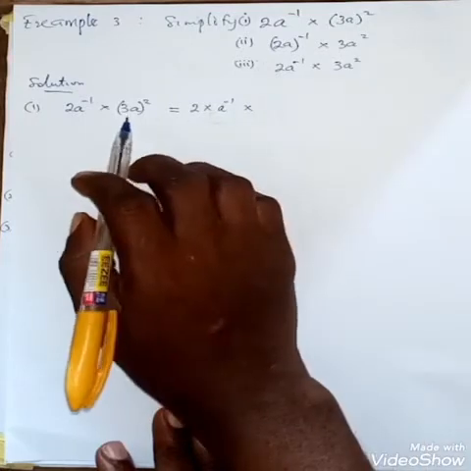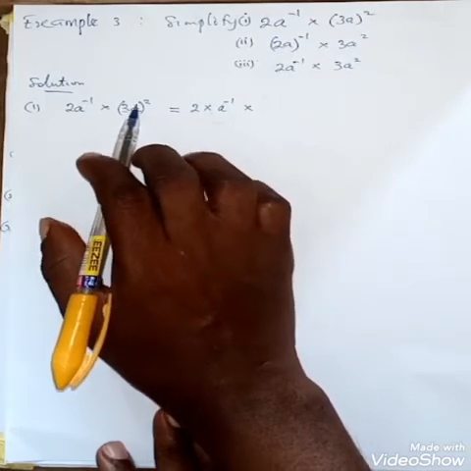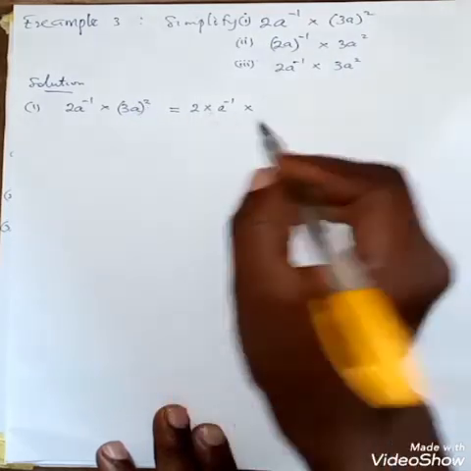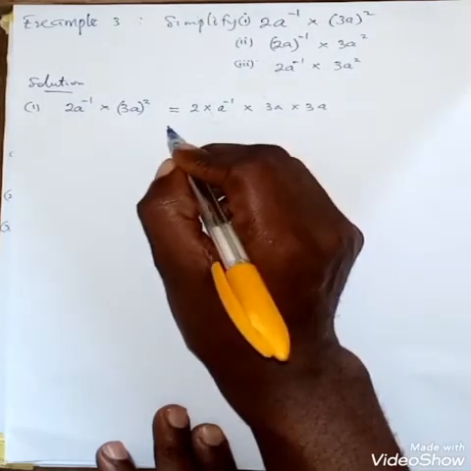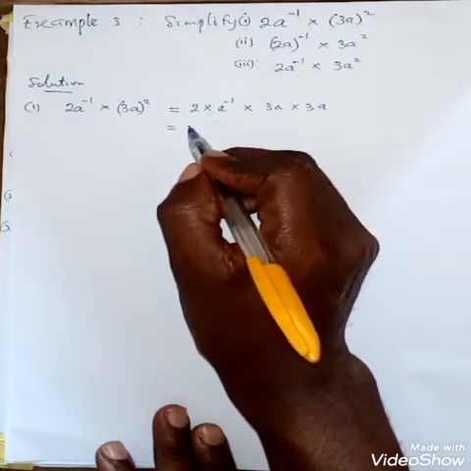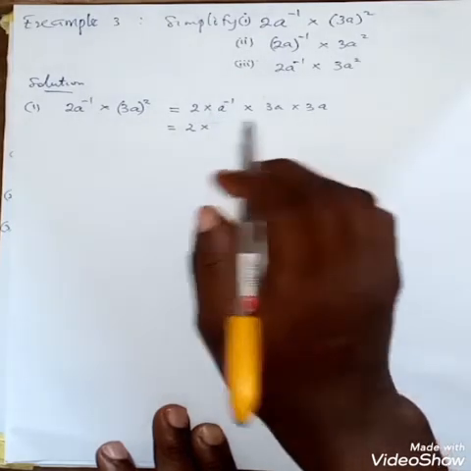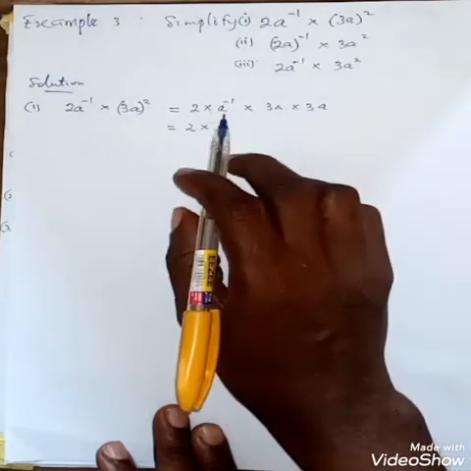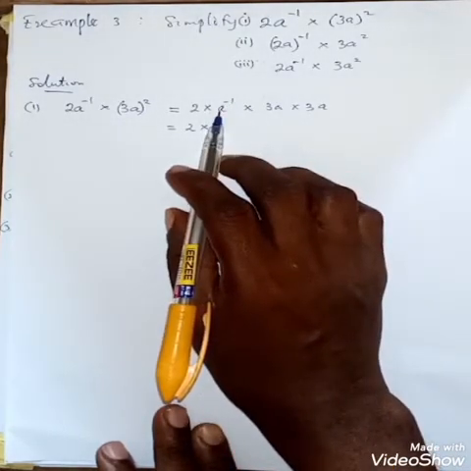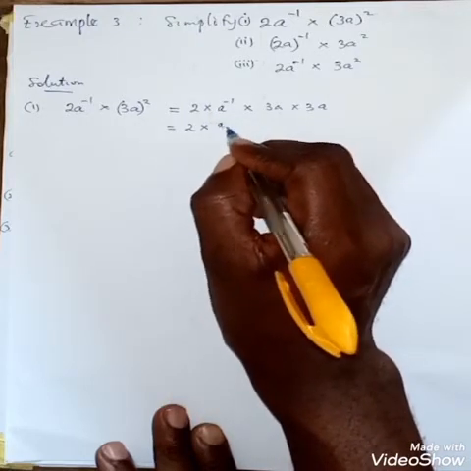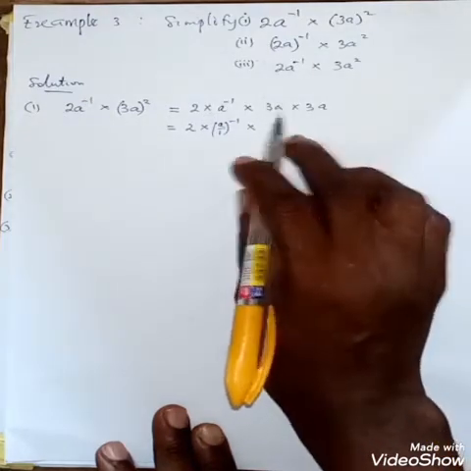Then times, when we look at this one very well, we can see what it means is that the element inside this bracket should be repeated twice. So which means 3a times 3a. So this is going to be 2 times, here is a raised to the power minus 1. The power here is negative, it is abnormal. So for it to be normal, the first thing is that the base has to be a fractional number. So that becomes a over 1 raised to the power minus 1 times,